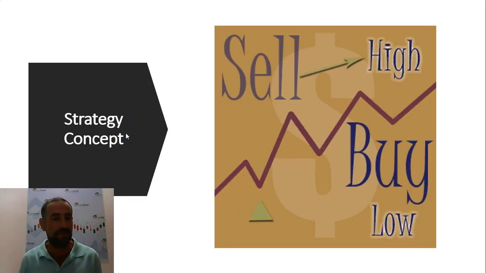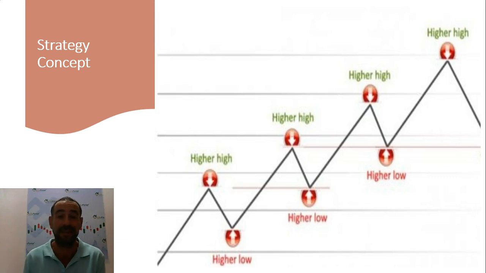Alright guys, in terms of strategy concept, it is pretty straightforward. We buy low, we sell high, the old cliche. In the case of this strategy, it is a classic trend following system. So we try to snipe the tipping point. When it comes to a bullish setup, we would try to snipe the very edge of a downside correction to get in, and then we automatically aim at the previous high,